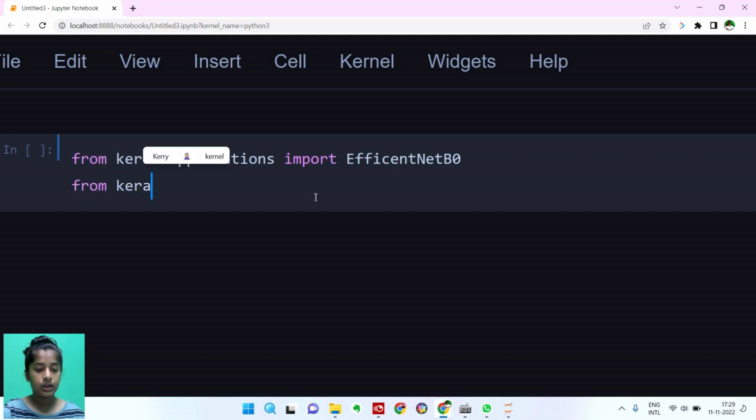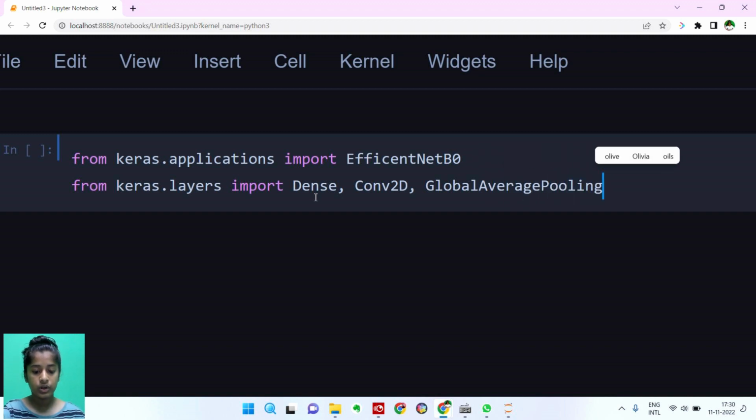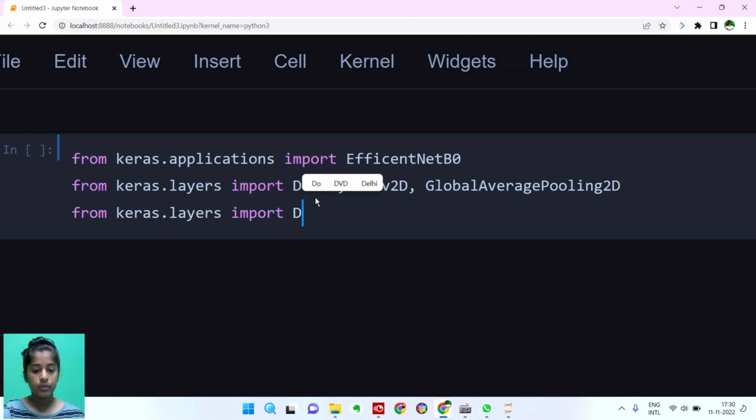Then let's say from keras.layers import Dense, Concatenate, GlobalAveragePooling2D. Then from keras.layers import Dropout,